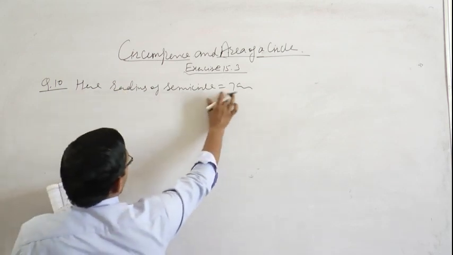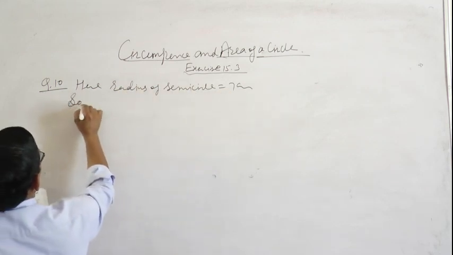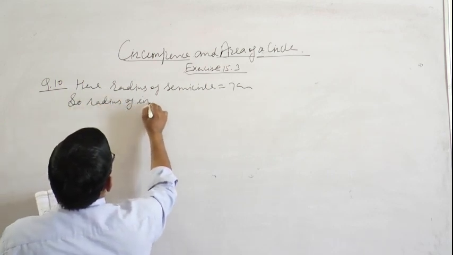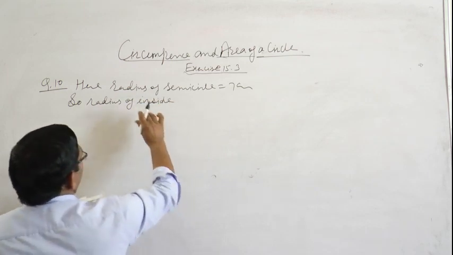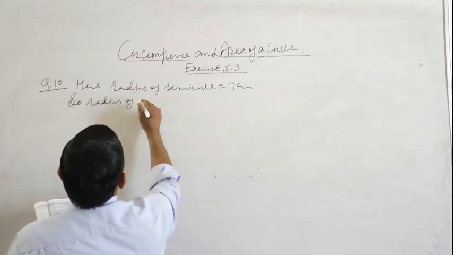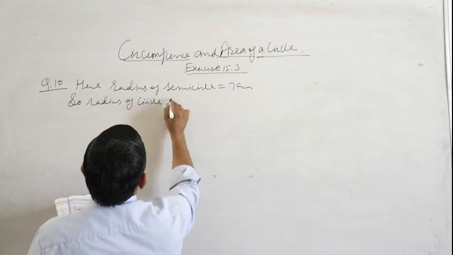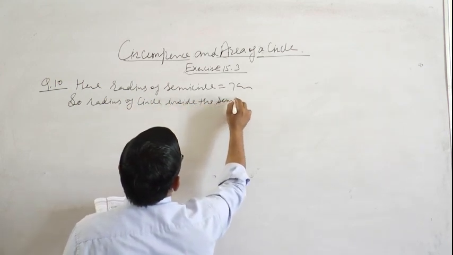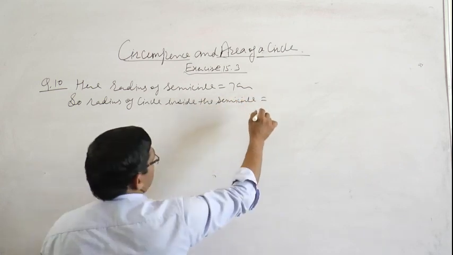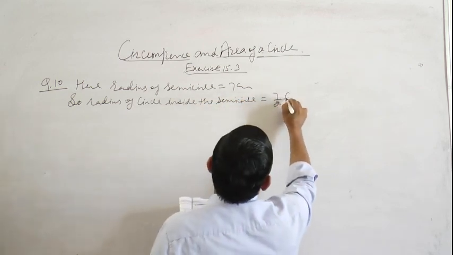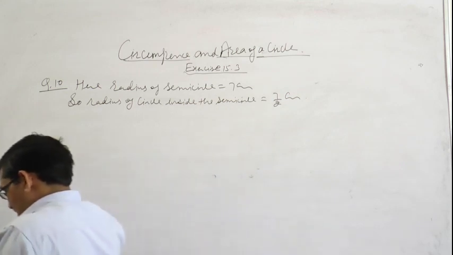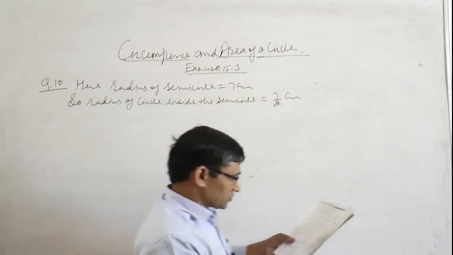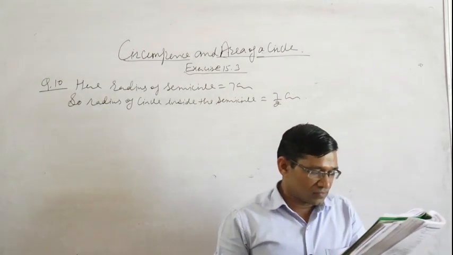Because radius of semicircle is 7 centimeter, so radius of circle inside the semicircle is 7/2 centimeter. In this question we want to find out area of